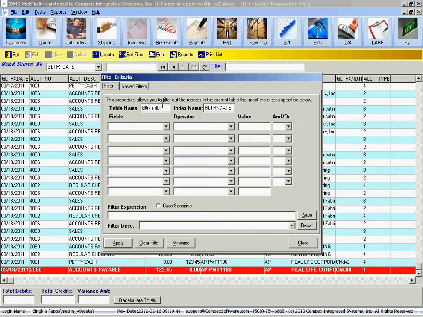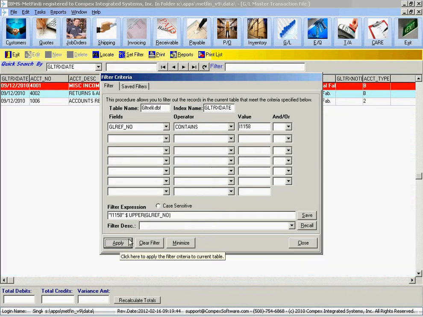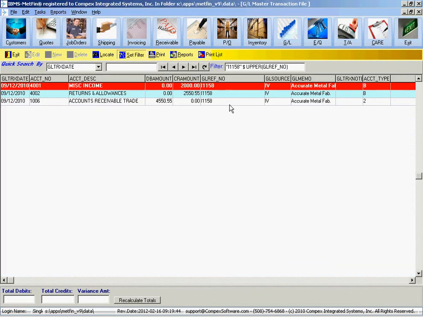So let's use the set filter feature, and since I know the invoice number which is posted to the GL reference field, I'm going to use GL reference number right here, and the operator I'm going to use is contains, and since I know the invoice number is 1158, I'm going to put an I for invoice, and the invoice number 1158. Next I'm going to click on apply, and sure enough, and I'll minimize this, and the system